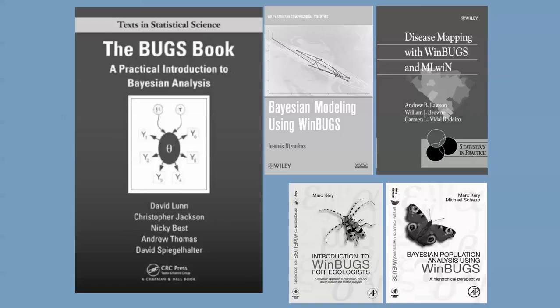For example, Disease Mapping with WinBUGS and MLwiN. And for ecologists there is a book called Introduction to WinBUGS for Ecologists. And from the same author and another co-author, there is another new book called Bayesian Population Analysis Using WinBUGS. You could read all those books, or you could go to the WinBUGS website or the OpenBUGS website, and all the manuals are free. You could see those examples and try to learn WinBUGS or OpenBUGS or any other BUGS